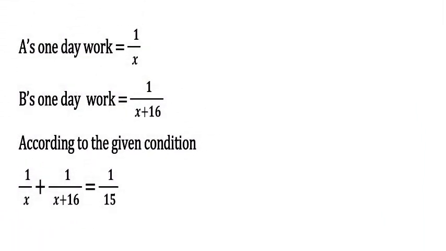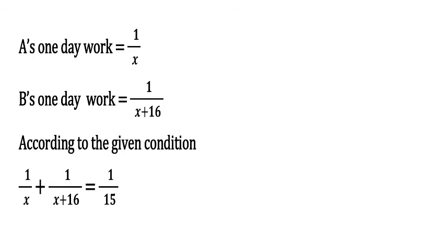So in these two examples, read it again carefully. This is the logic or the trick behind time and work problems. If we are calculating the work completed in one day, we take the reciprocal of the total number of days. If the work completed in one day is given, then we consider the total number of days required as its reciprocal. Let us move to this question.